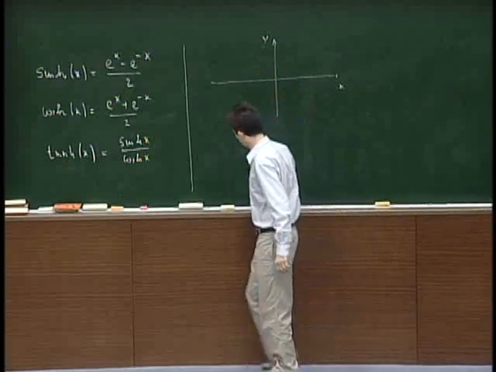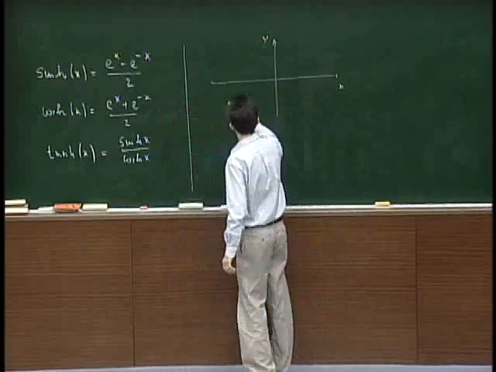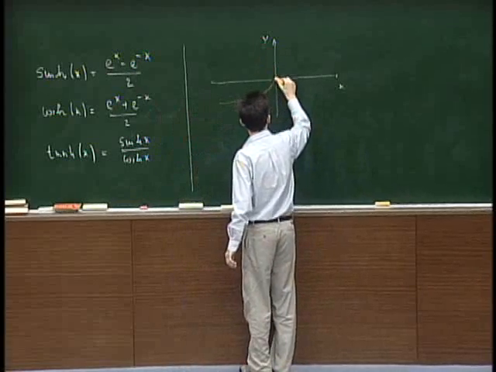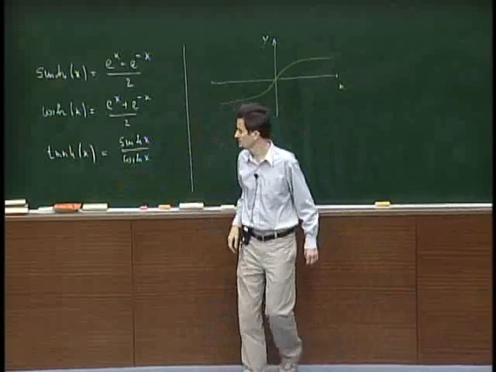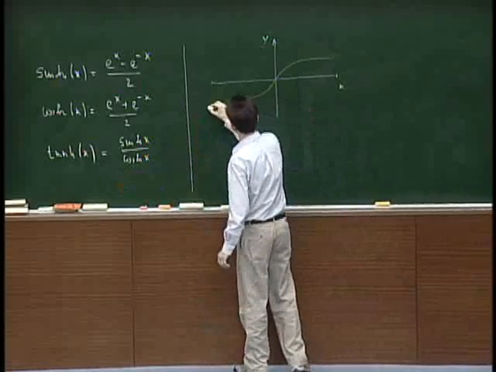I'll tell you what the graph looks like. So the graph looks roughly like this here. This is the function, the hyperbolic tangent, where you have two